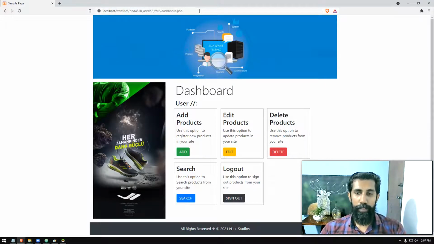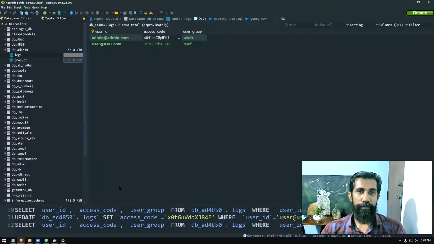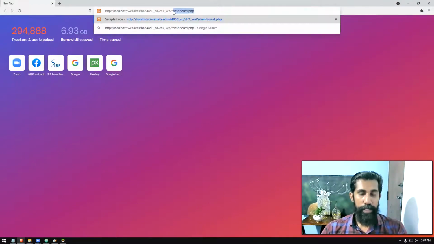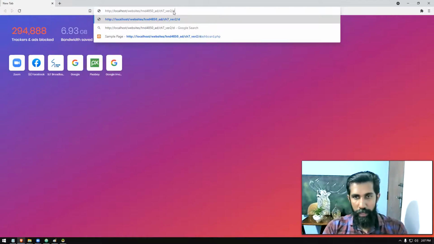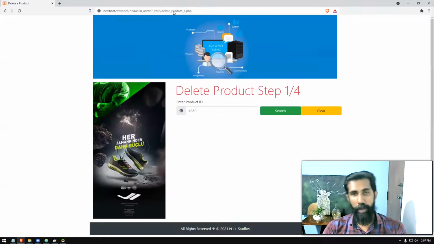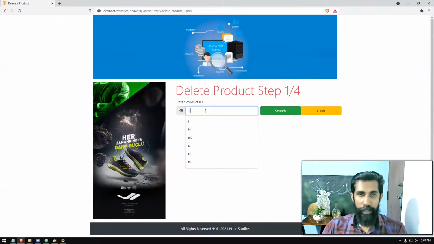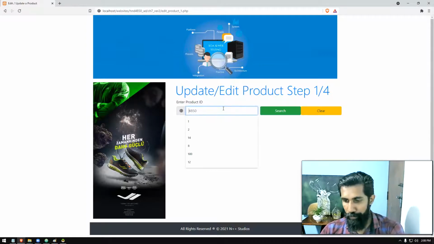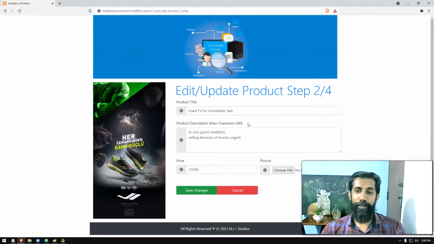So we need to block this. This is not good. So we'll try again. Close that. Let's open it again. Let's try the same thing, but say I don't know the dashboard. We just try something like delete. Just for luck, you're trying delete product one.php. Wow, page found. You just type one and see. Record not there. Okay, try again. Two, record not found. Just for fun, let's try four. Wow, record found. I'm a happy person.